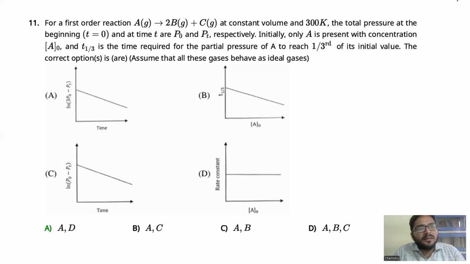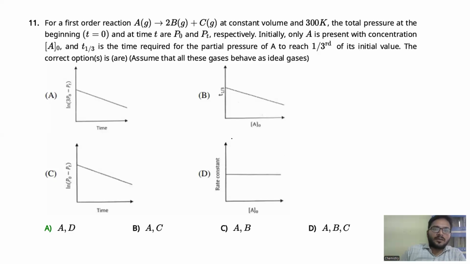In this lecture we will be discussing one of the questions from the chapter Chemical Kinetics. The question we have is: for a first order reaction A gives rise to 2B plus C at constant volume at 300 Kelvin, the total initial pressure is P naught and the total final pressure is Pt. A is the initial concentration, and at time t, A reaches one third of its initial value. The correct options among the following are: